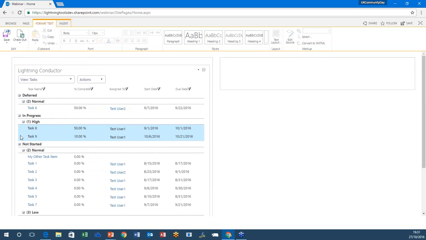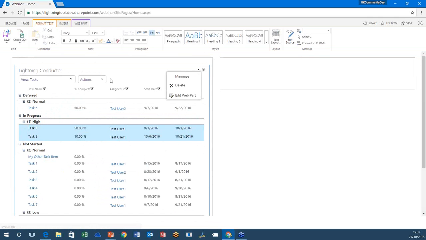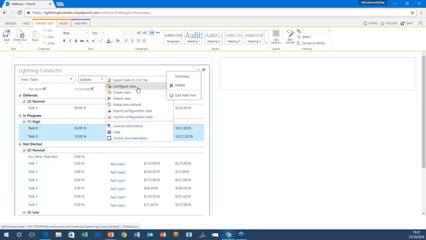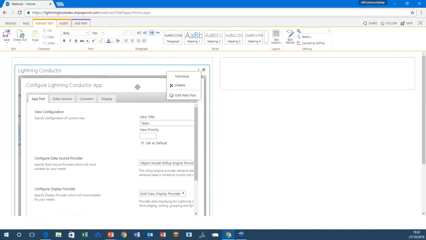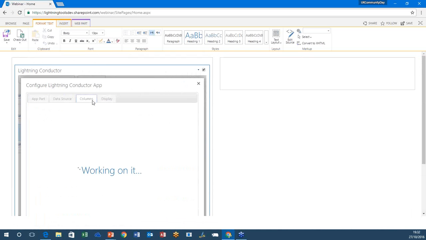You can see here we've got the different task statuses on the left, so we can expand and collapse those. And then within it, we've also got the nested priorities. So I can see the high priority tasks there contain the conditional formatting and so on. Now I just want to build on this a little bit before we go to search. So what I am going to do is just jump back into configuring the view. So we'll select configure view there, click onto the column tab,